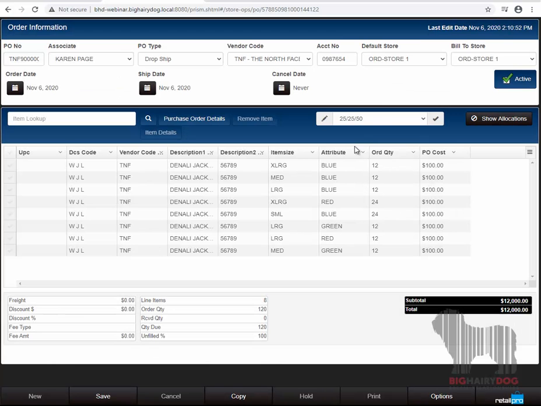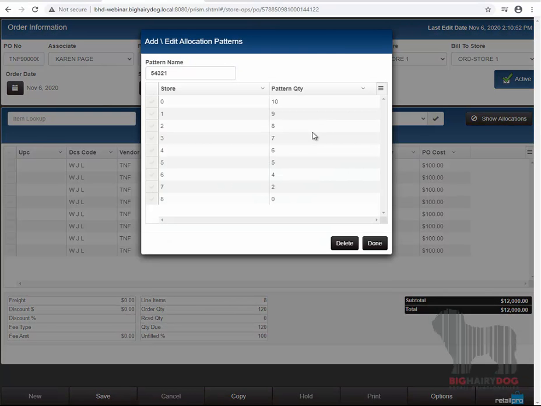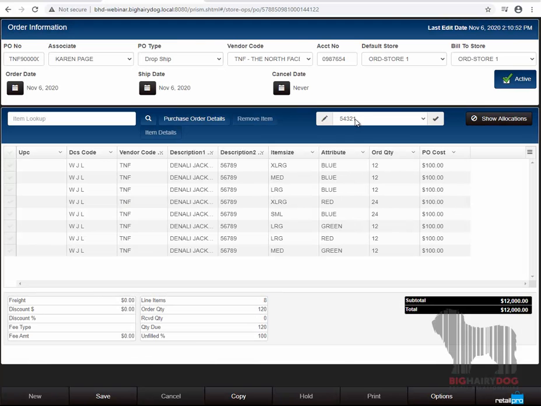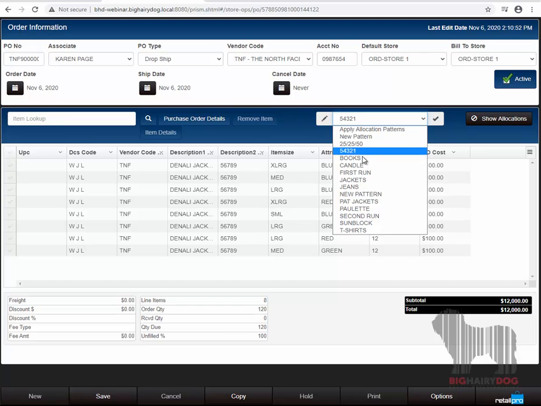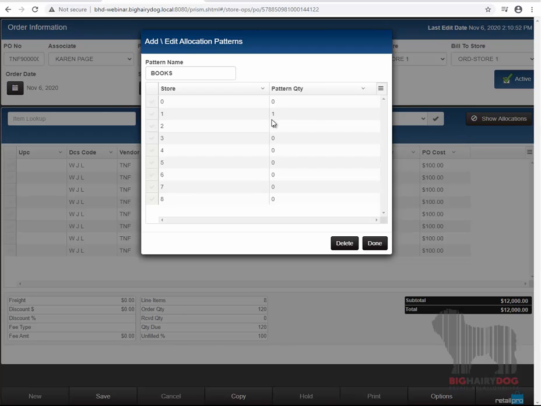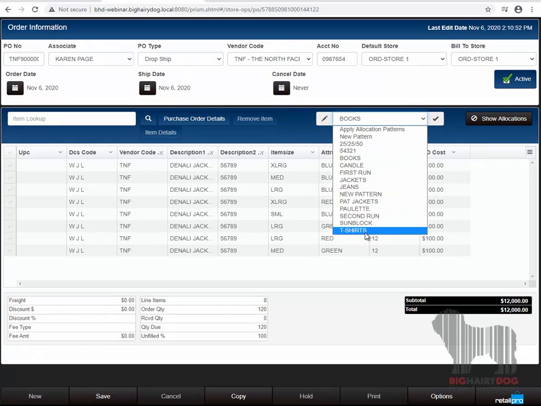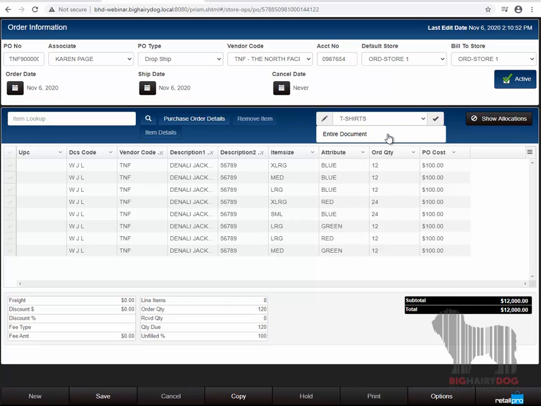So if we select a different one, like that one there, and take a look at it, this was meant to be using a scale of 5 to 1, going by the name, but clearly that's not what's in there. But that's all these are. These are just ratios that let you see where we're sending. Here we're sending even amounts to 2 different stores, right? So if we pick one of these and apply it to the entire document,